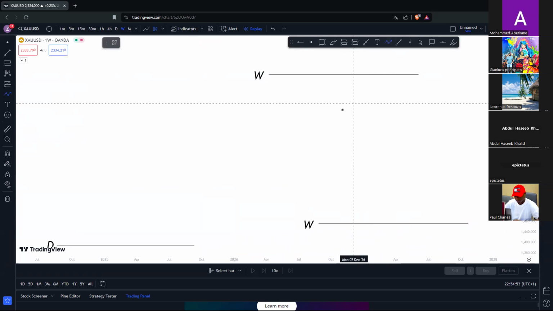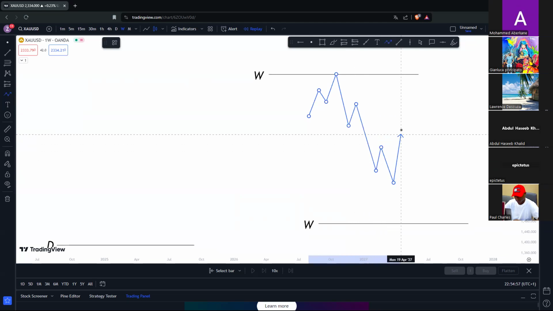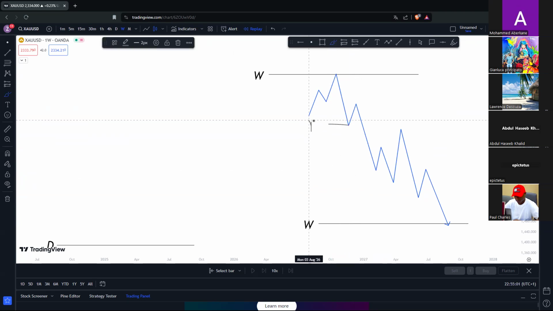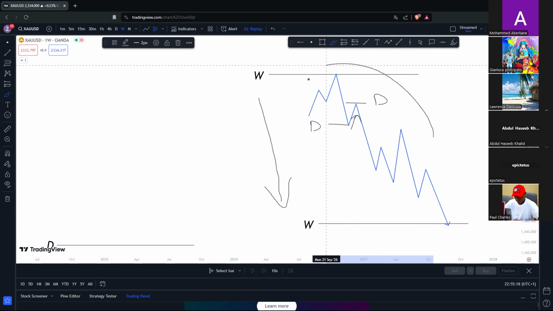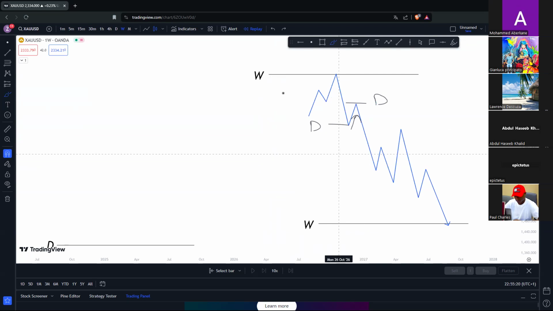So if the weekly is bearish, you can have pullbacks, right? These pullbacks are reactions off of smaller time frames like the daily, going to a daily level. So you can have a bullish daily storyline inside the big weekly bearish storyline. This is not confusing, it's very simple: daily bullish storyline into daily bearish storyline into daily bullish storyline. All of this is happening in one big weekly bearish storyline.